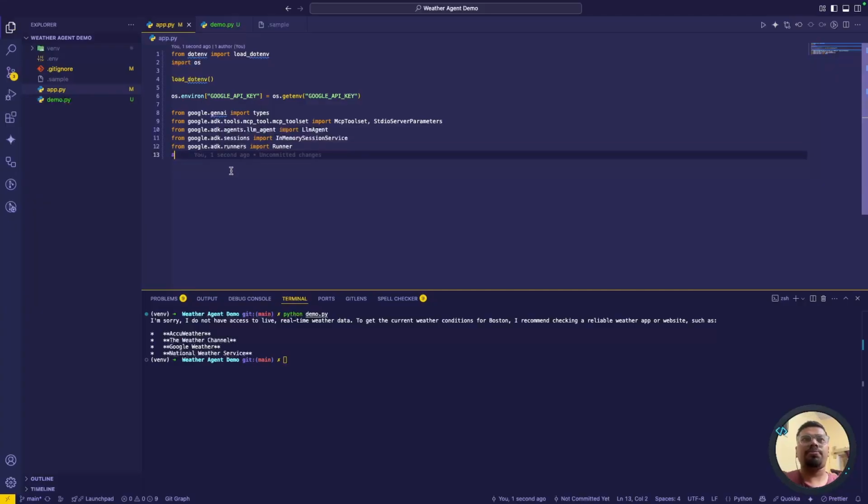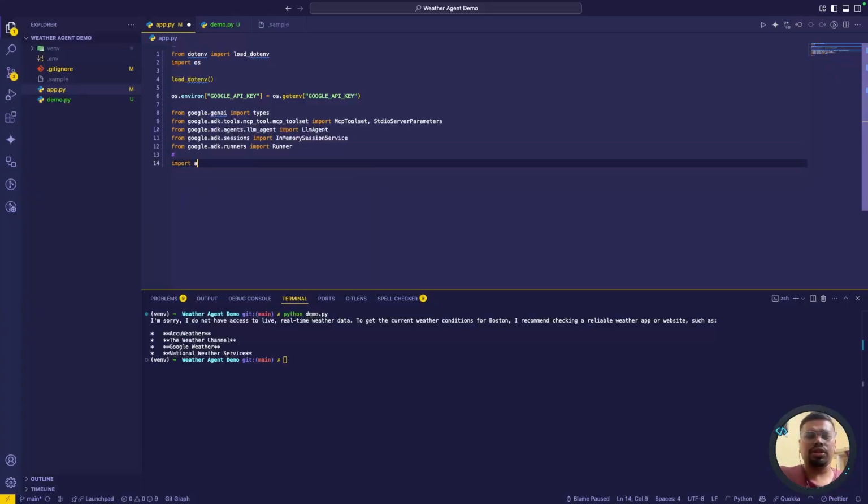So these are our imports, and just because it's an async call, I'll import asyncio, and it should be good. So I think the first function we are going to declare here is get_agent,